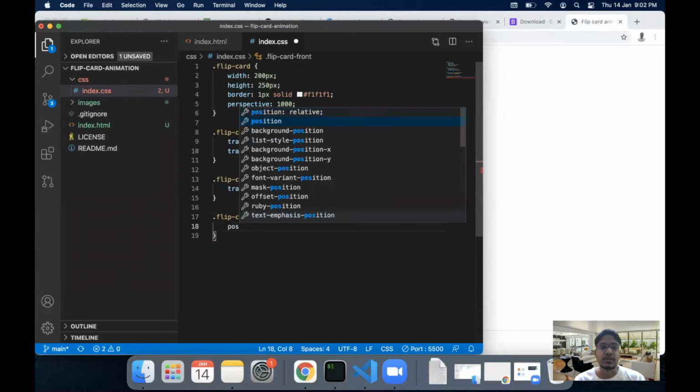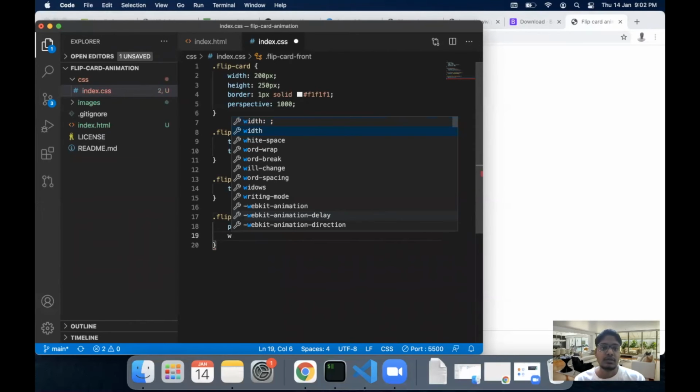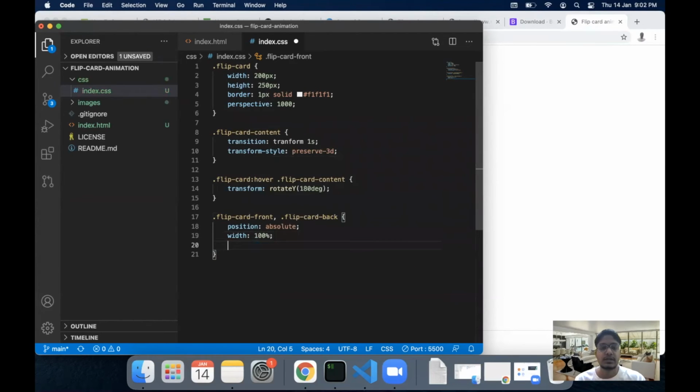Let's keep the position to absolute, width as 100%, height as 100%, and then